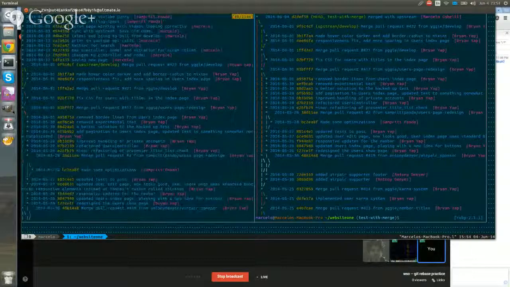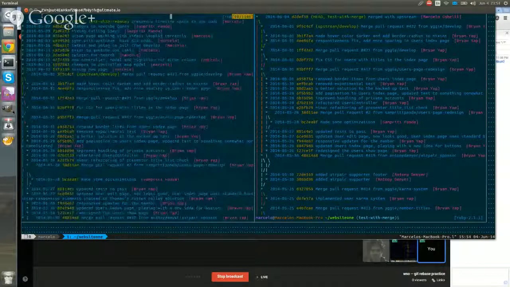After you do the test with rebase, it puts all my commits on top. Yeah, it puts all your commits on top. Okay. Here, yeah, that's the difference between rebase and merge. Merge puts your commits side by side. Rebase puts it on top. Okay. Will that create a lot of conflicts or?